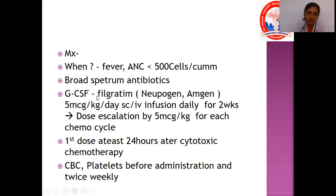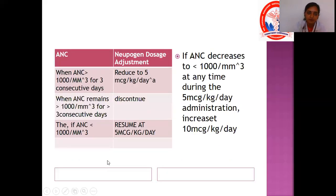Before administration of any chemotherapy, patients' blood counts and platelet count should be done, and it should be repeated twice weekly. When the absolute neutrophil count is more than 1,000 for 3 consecutive days, you can reduce the filgrastim dose to 5 microgram per kg per day. When it is more than 1,000 for more than 3 consecutive days, you can discontinue the drug. If the ANC is less than 1,000 cells per cubic mm, you can start